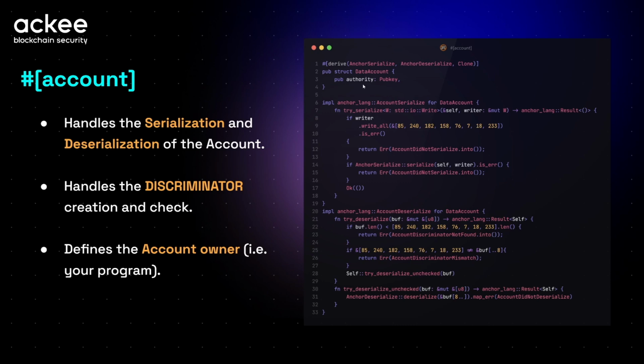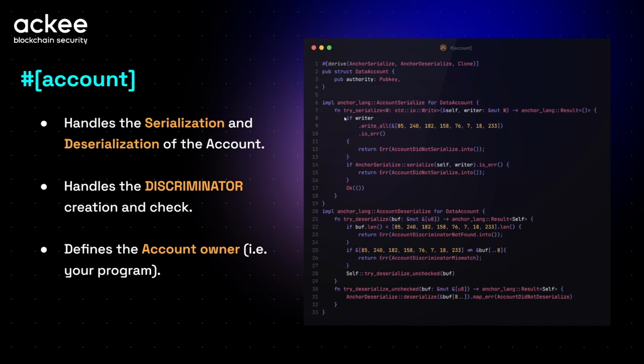It is not that important how the struct or the field is called. The important part is that the field is a public key, so 32 bytes. This derive part here is automatically derived by Anchor, and this is the important implementation for the serialization and the deserialization of the data account.